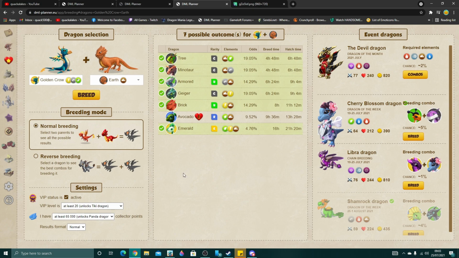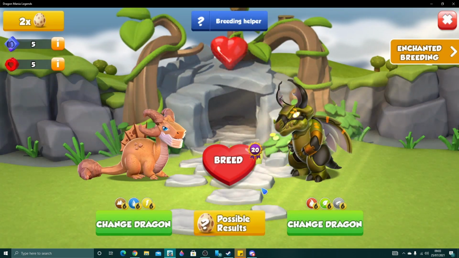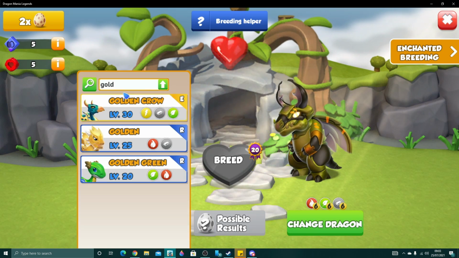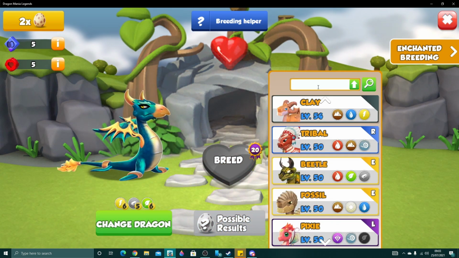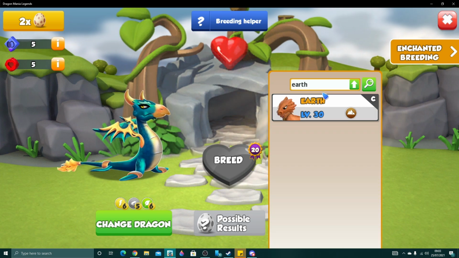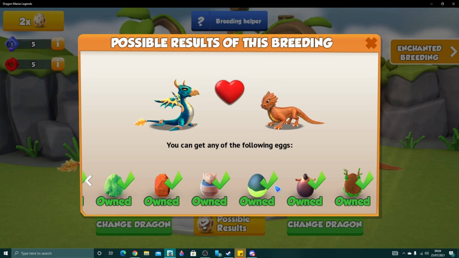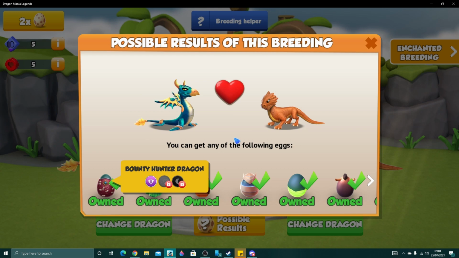So, Golden Crow plus Earth, and again, if we take a look at this in game, because if we click breed, it's going to give us any old rubbish. Don't ever trust the in-game recommendations, because they don't work. And if you look on here, we'll see the same. We've got 1, 2, 3, 4, 5, 6 possible outcomes, and Bounty Hunter being one of those. Of course, you can also take on these,